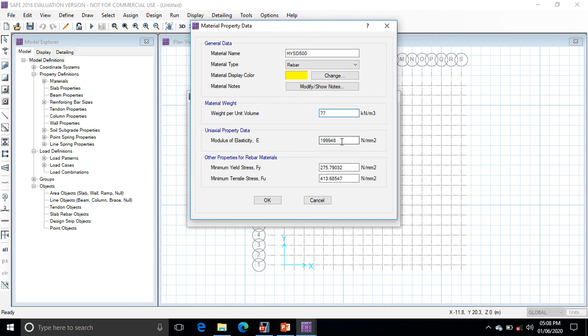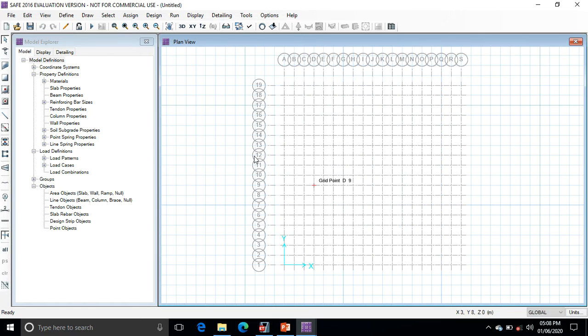E is 2 into 10 raised to 5. Fy is 500. Fu, the ultimate tensile stress value, is equal to 545. And click on OK. Click on OK.